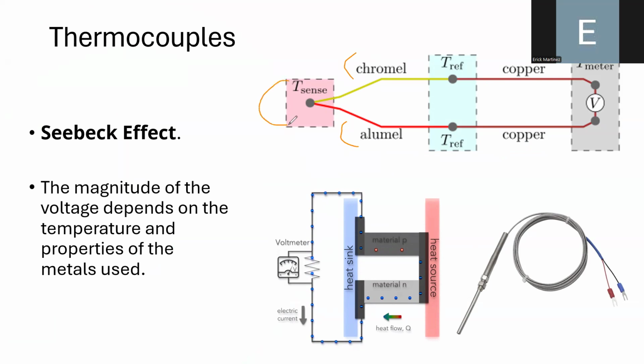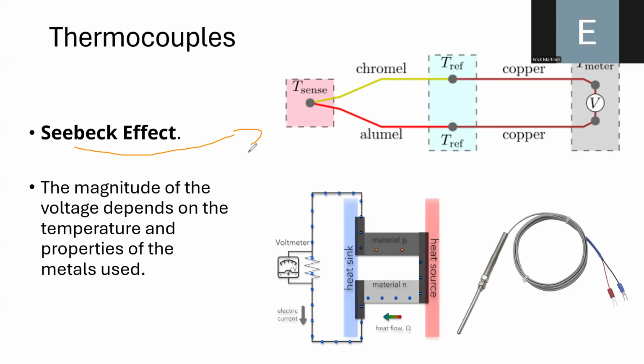So when you apply heat to this junction, you can produce in the other side of the circuit a voltage difference, okay? And this voltage difference is proportional to the difference in the temperature in the junction of the two metallic objects. And this is related to an effect that is called the Seebeck effect. The Seebeck effect basically describes this phenomenon in which you have the junction of two metallic objects. When you apply heat to that junction, you can produce a voltage difference in the other side, and we can use this principle in order to detect temperature changes based on electrical